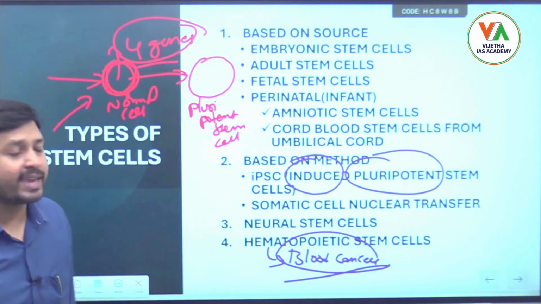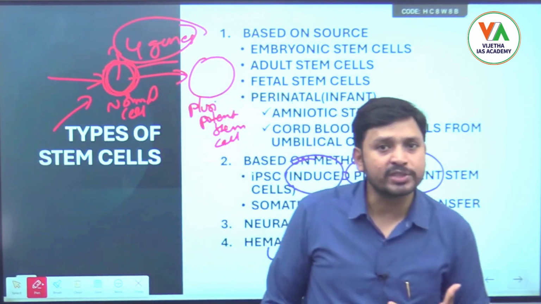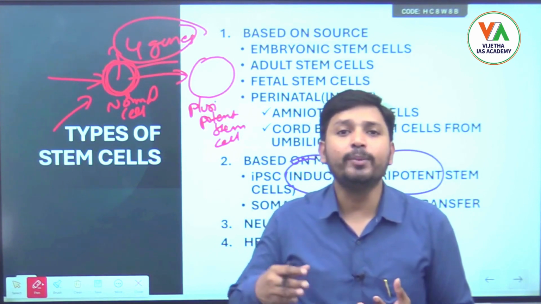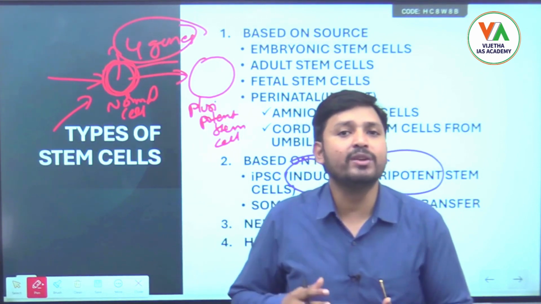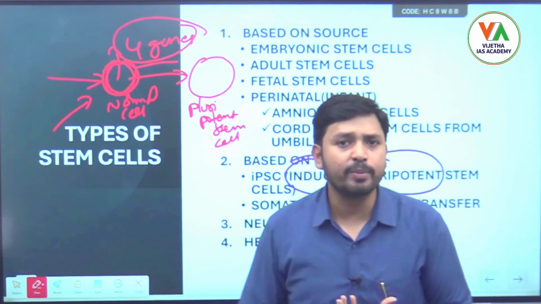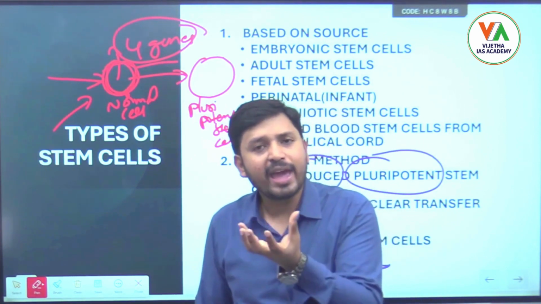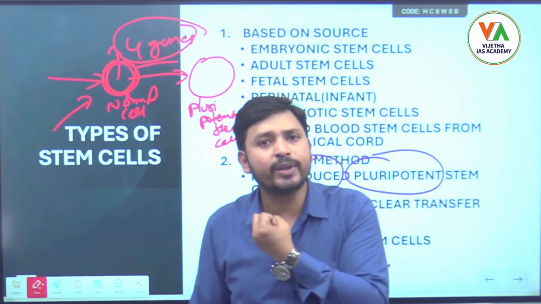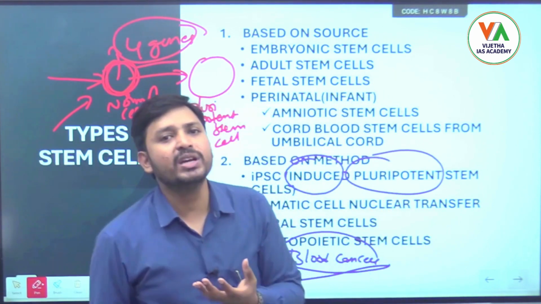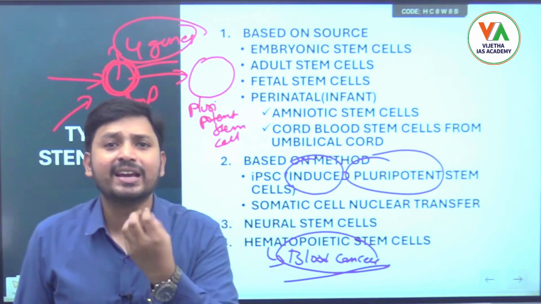Previously, we were in a way killing the blastocyst, right? Because once we extract a stem cell from the blastocyst, there won't be any further continuation of that step. There won't be any formation of a baby, because there won't be any fetus. Once the fetus is not there, there won't be any baby. So after the zygote, we have the blastocyst, and we extract the stem cell from it, and indirectly we are killing that person, because we are not giving that blastocyst any chance of being born. So a lot of ethical concerns came up here.